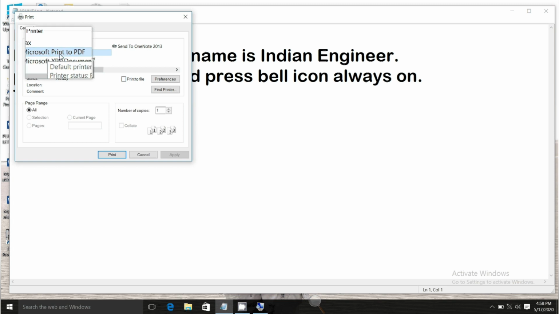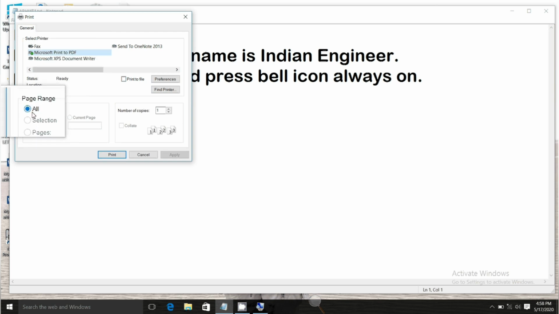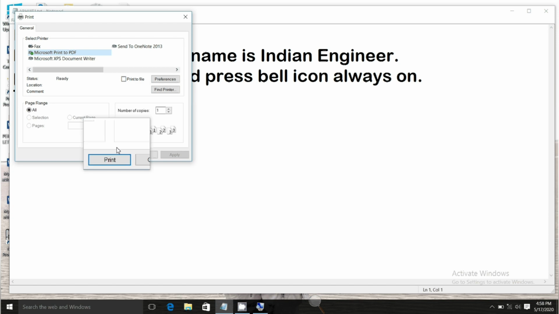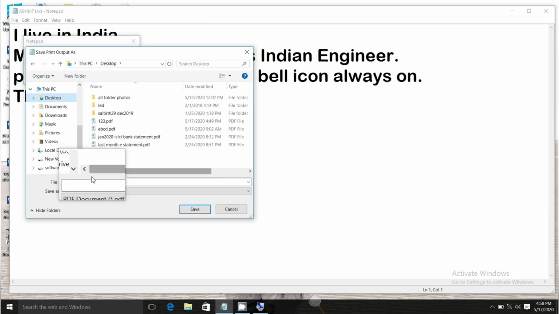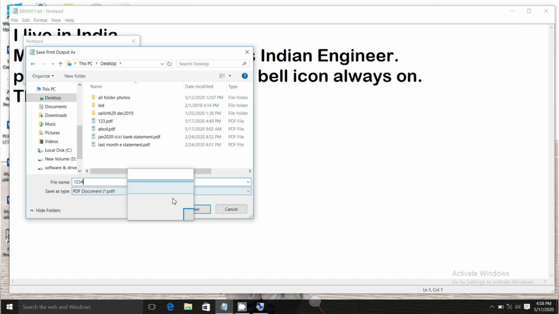There is no printer attached to my laptop, so I am just going to show you in a PDF file. This is the PDF file option. Then select range, page range all, number of copies only one, print command, save to the desktop location and type the file name. Here it is 1234. Save it.